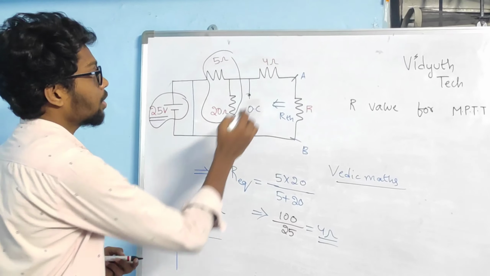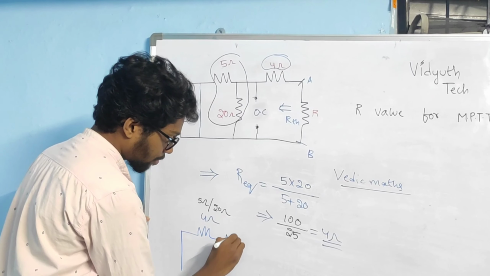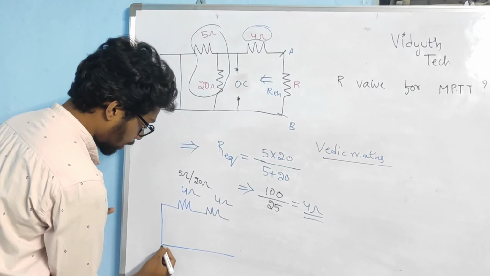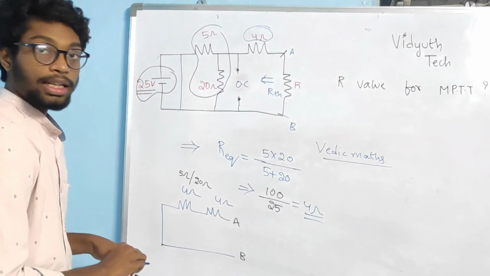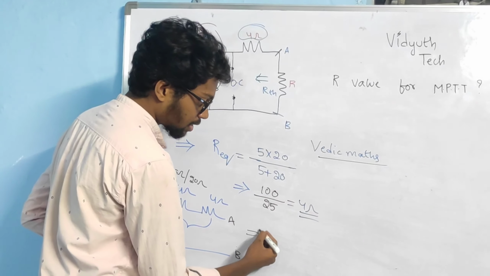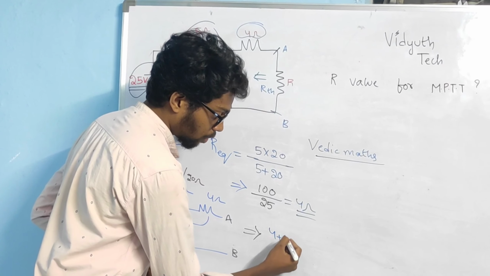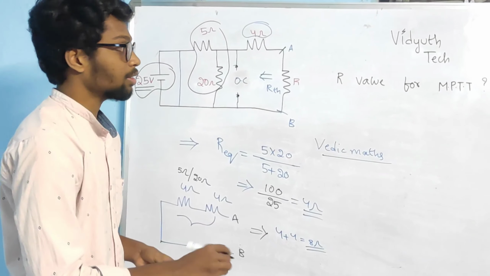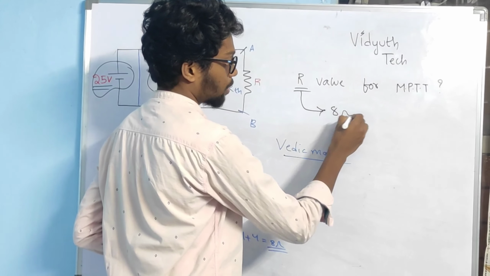Okay. Here you can see 4 ohms is connected in series with the 4 ohms. So I am drawing it over here, whereas I am writing the terminals over here, B terminal and A terminal. Here you can see two resistances are connected in series. We know the series equivalent resistance is R1 plus R2. So 4 plus 4 is equivalent to 8 ohms. That is the R Thevenin. Okay, R value is equivalent to 8 ohms.